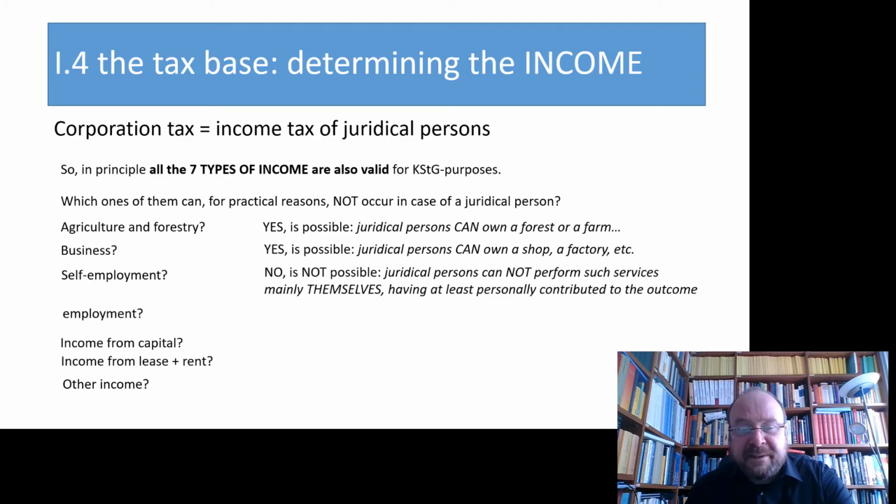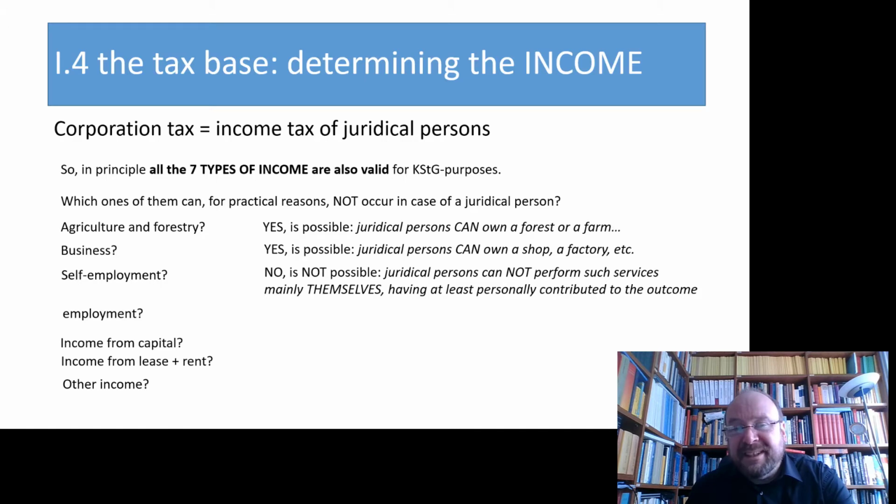And surprise, this is not possible. A juridical person has no brain, no hands, no feet, and nothing. So a juridical person always needs 100% other people to work on a specific order. So a juridical person can never fulfill that basic requirement of the classification as self-employed, that basic requirement which says